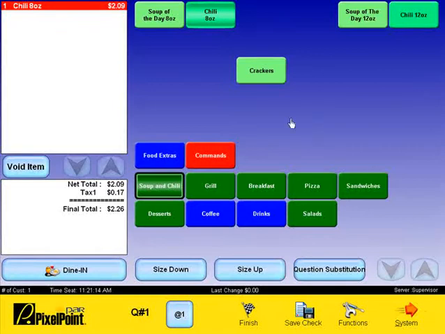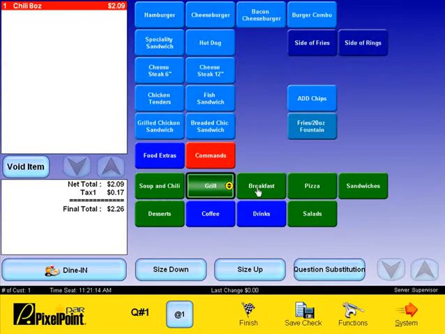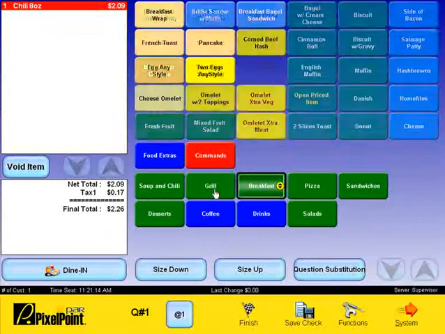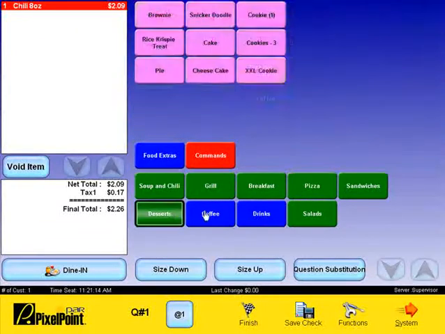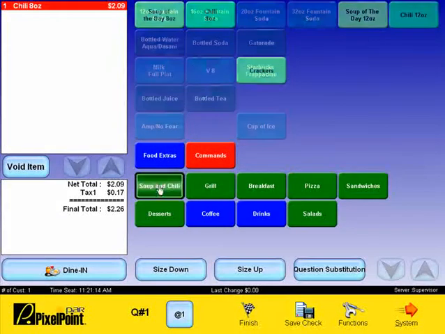This is an example of a typical order screen, and the next section we're going to take a look at pertains to order pages. Now, order pages are these buttons that show up down here on the order page grid. For example, soup and chili, grill, breakfast, and so on. So these are page buttons that bring up a whole selection of different products which show up in the product